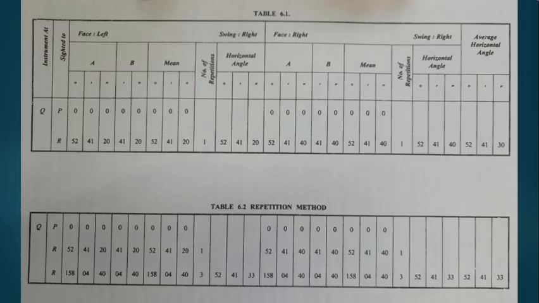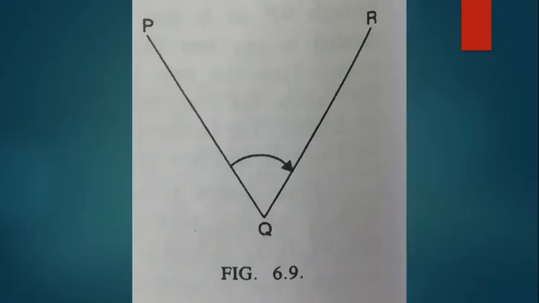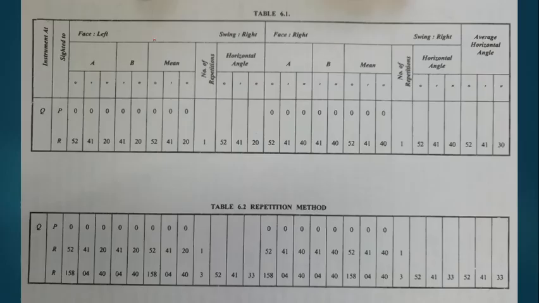You can see the tabular form like this. I need to explain this tabular form also. Simple. This is also called a page of the theodolite book. There will be a number of columns like this. Instrument at, that means where we have the instrument placed on the ground. That particular ground station will be written here. And sighted to, that means from the instrument station to sighted to. Generally we place a ranging rod at P and R. You can see the diagram. So this is Q, the instrument station, and P and R are the ranging rod stations or objects.